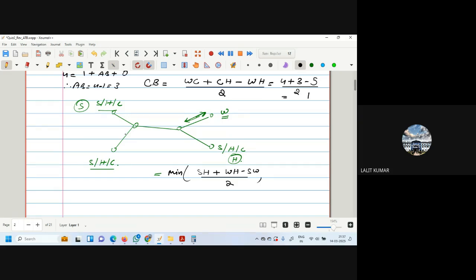If it is human, I will put human, for example, S, I have human 2, chimp plus chimp 2, W minus H 2, W by 2. Okay. And then I take another combination. So I have taken seal human and human chimp. So I'm left with seal chimp. Seal chimp plus WC minus SW, it will become